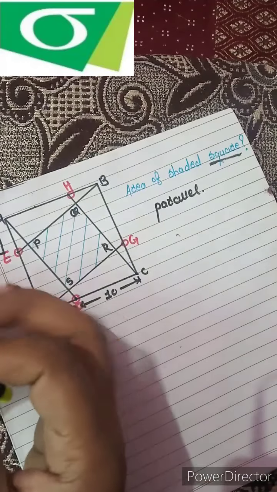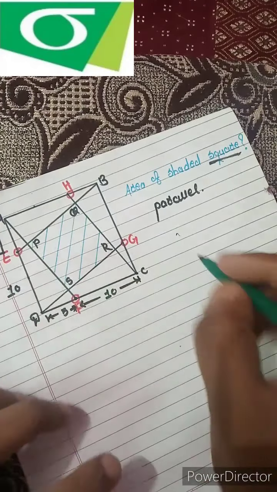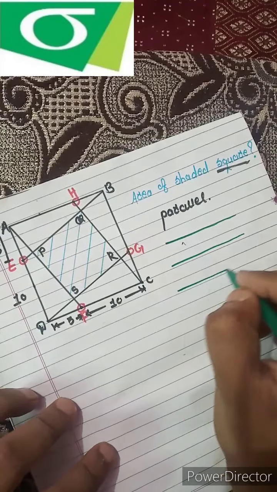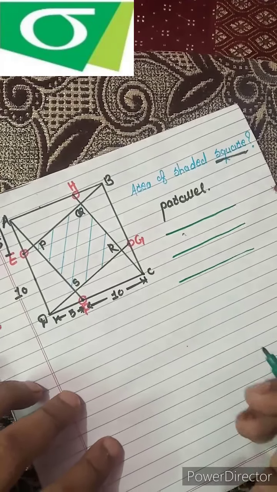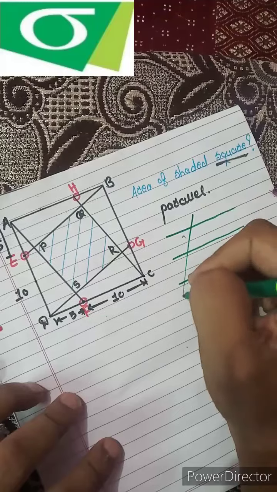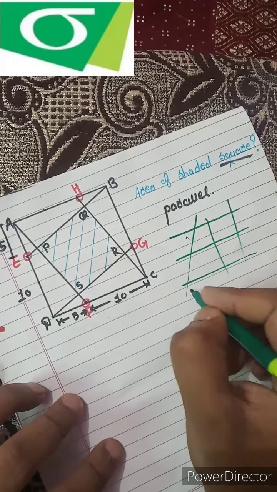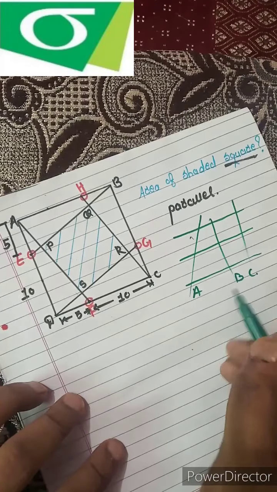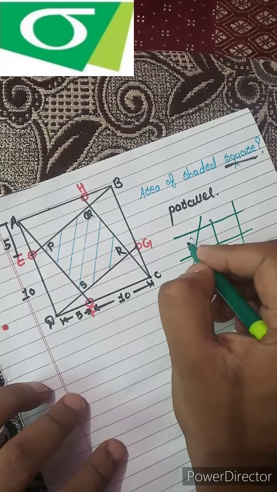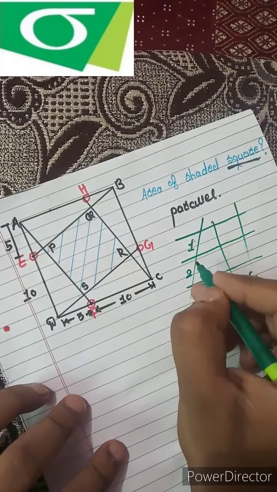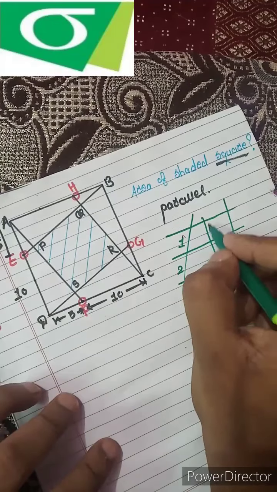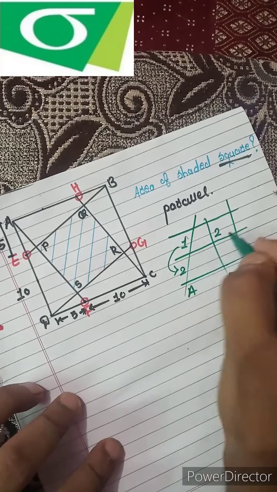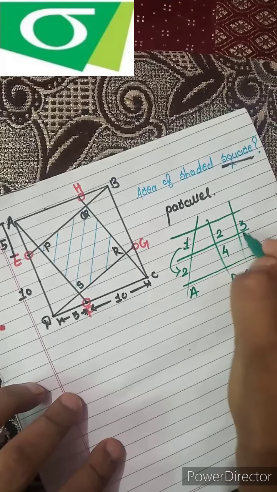So first of all I will explain. Try to recall what the parallel line theorem is. If a line passes through three parallel lines, for example A, B, C, then all the cutting lines should be in proportion. For example, if one part is double of the first, the other is also the same. If it is 2, the ratio 1:2 means double, so it becomes 4. If it is 3, it becomes 6.